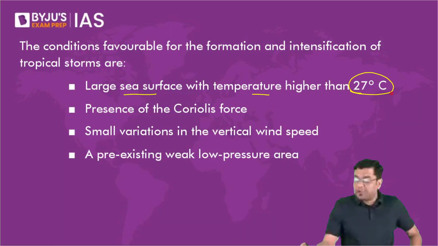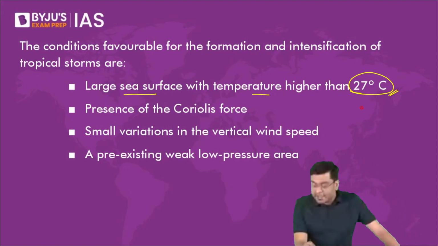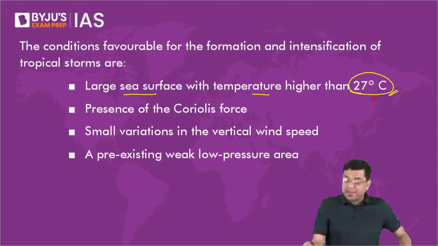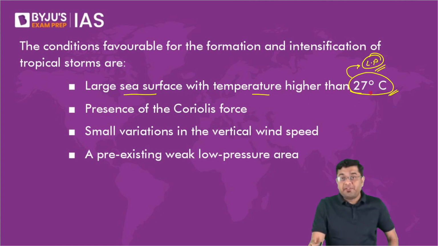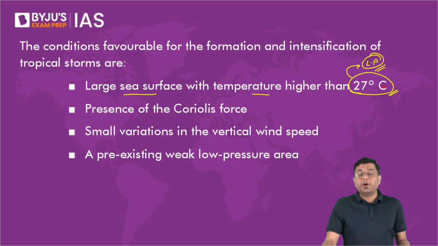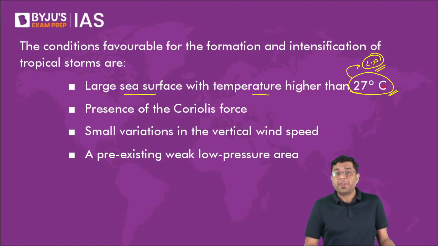The temperature should be higher than 27 degrees Celsius. Why? Because only when the temperature is higher than 27 degrees Celsius will you have the creation of a low pressure. That low pressure will get created only when the temperature goes higher than 27 degrees Celsius. Then you do need the presence of a Coriolis force. Why? In order to achieve that circular motion of the wind,